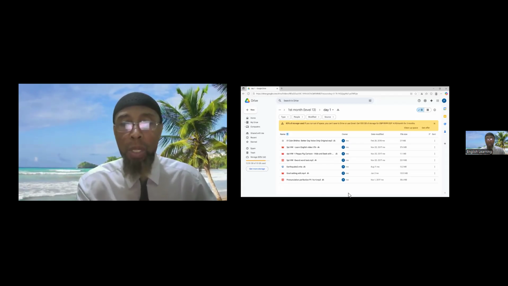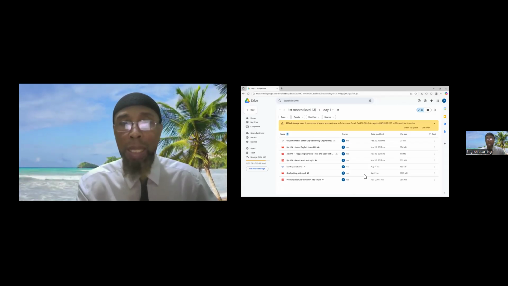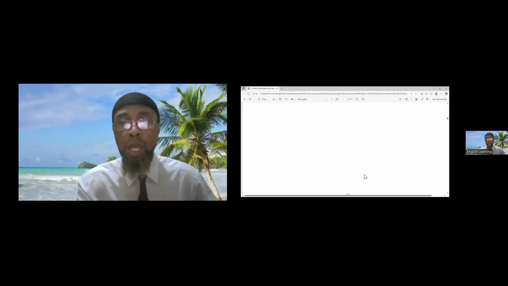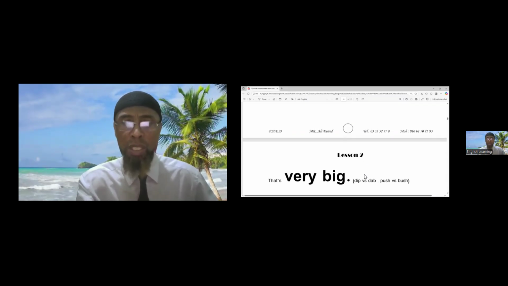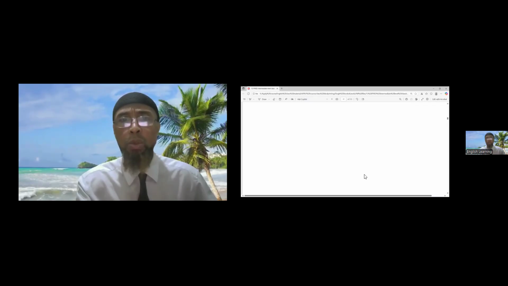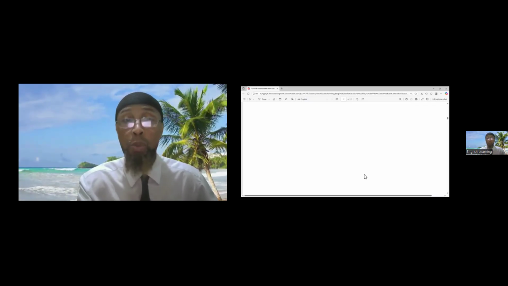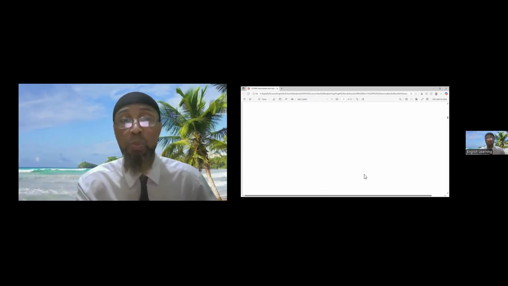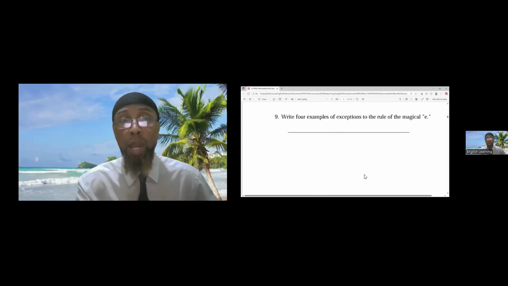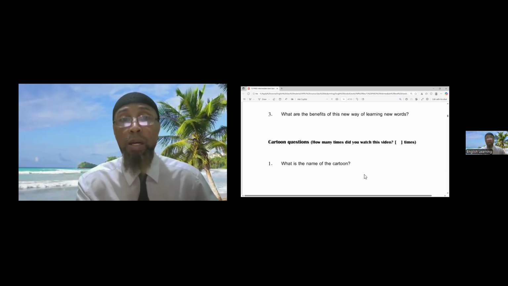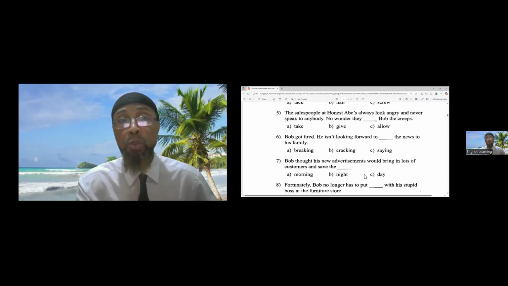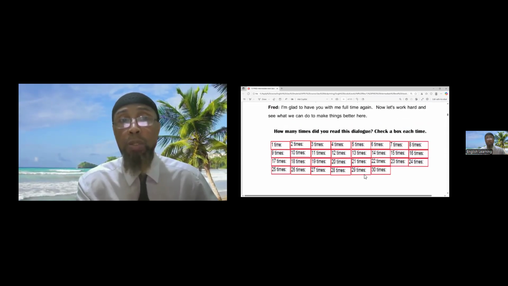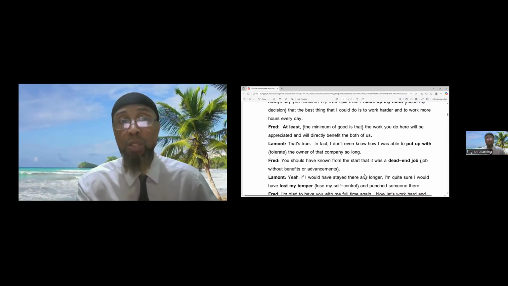So you should understand now how to do the homework. This is the last part of the homework. The only thing I might want to add is that we're not dealing with anything from lesson two in that folder, because that would be in day two. The only thing I want to perhaps add is that a very important drill for you to do for homework is a reading and listening drill.